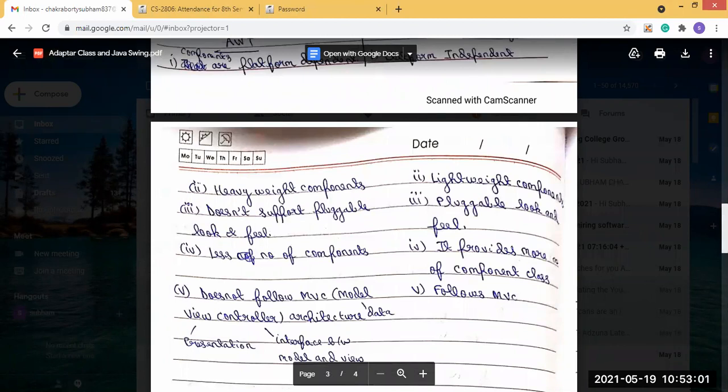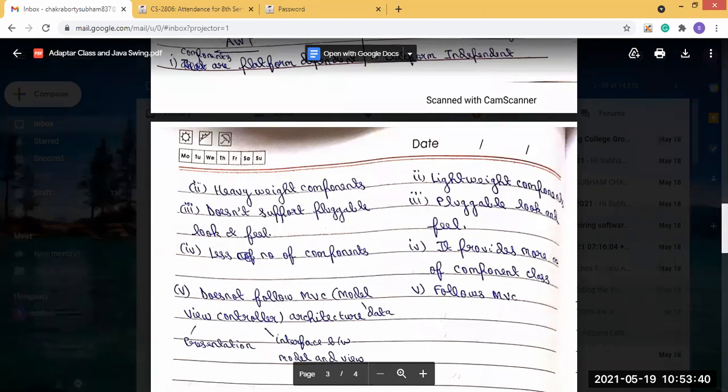All the components present in the AWT are heavyweight, whereas in Java Swing, the components are lightweight. AWT doesn't support pluggable look and feel, but Java Swing does. And here, fewer components are present in the AWT class.